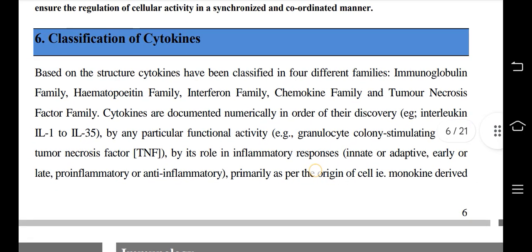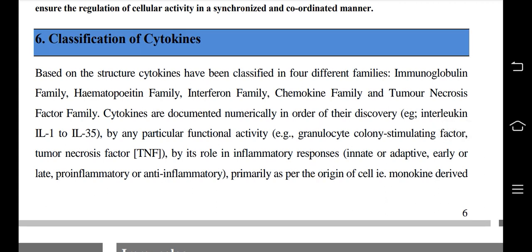Classification of cytokines. Based on the structure, cytokines have been classified into 4 different families: immunoglobulin family, hematopoietin family, interferon family, chemokine family, and tumor necrosis factor family. Cytokines are documented numerically in order of their discovery, like interleukin IL-1 to IL-35,